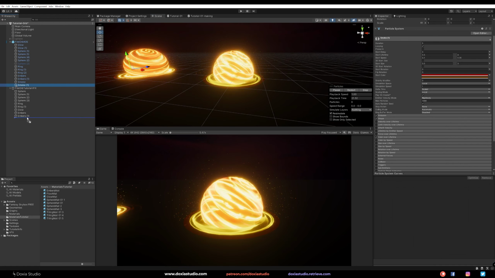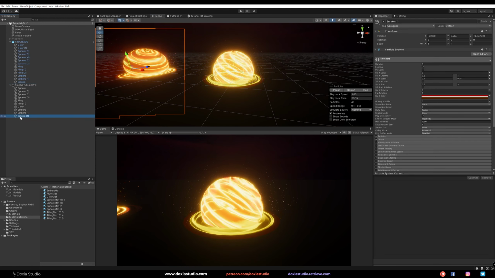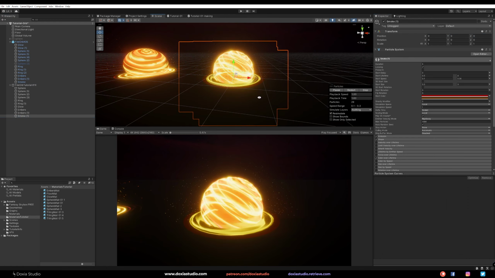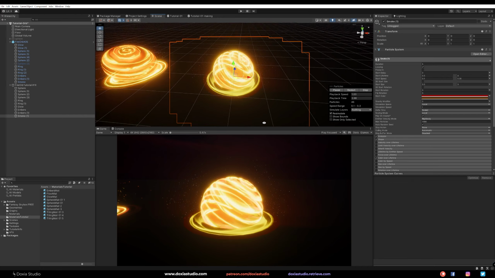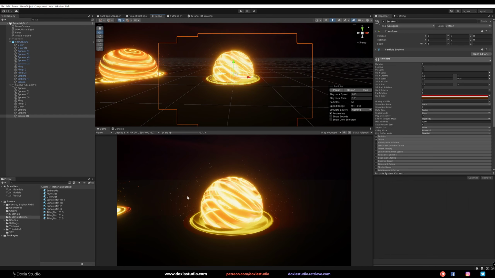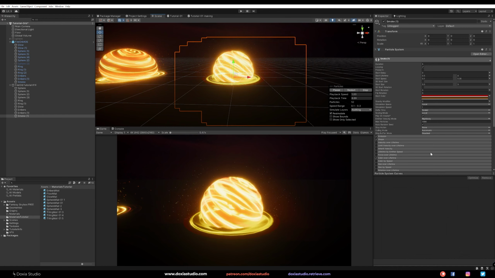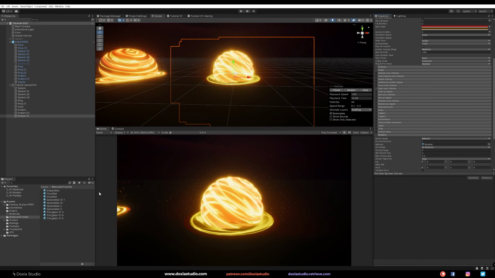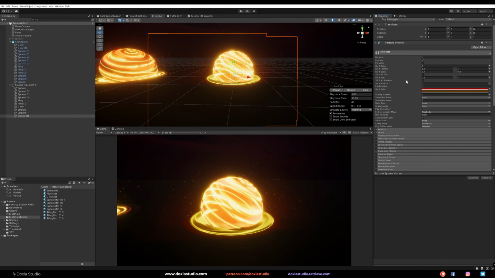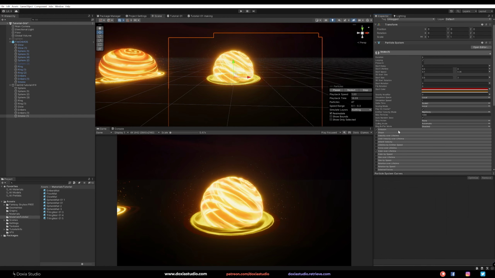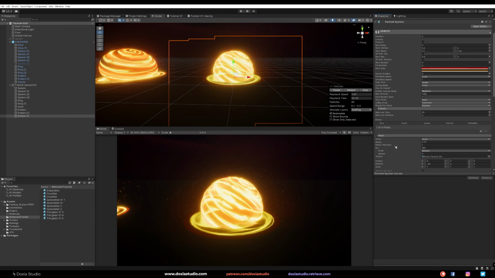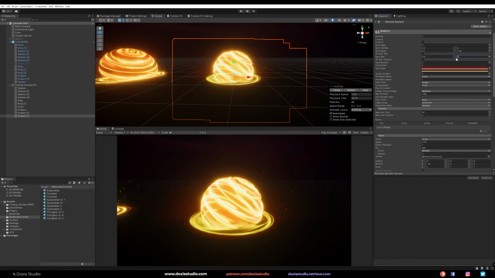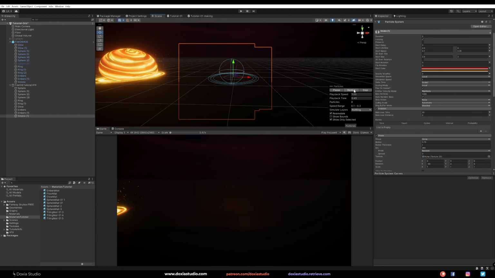If we duplicate this one and bring it here, and reset. As you can see, the smoke really makes a difference here, adding more of a glowish effect to our particles. The thing that I did is just the same glow matte, and we have start speed, emission of 20, a really big size here, as you can see. The size is between 0.5 and 3. You only select visible.